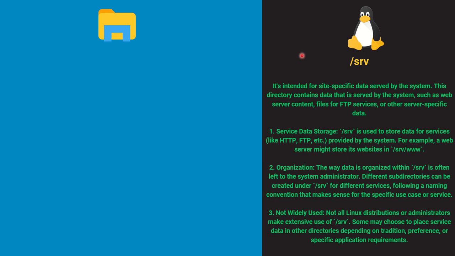Then /srv, this is intended for site-specific data served by the system. This directory will contain data that is served by the system. So if you're using the server as a web server or maybe as a file transfer server, whatever service you're running on the server for serving to the clients, that specific data will be stored under /srv. But again,